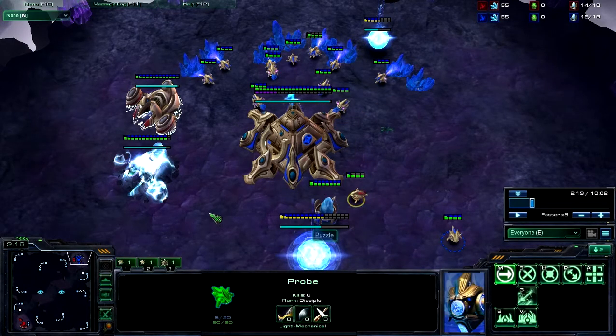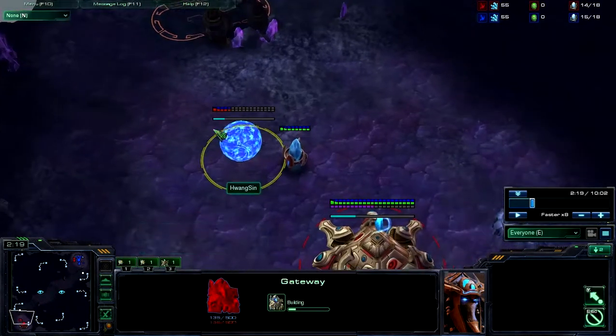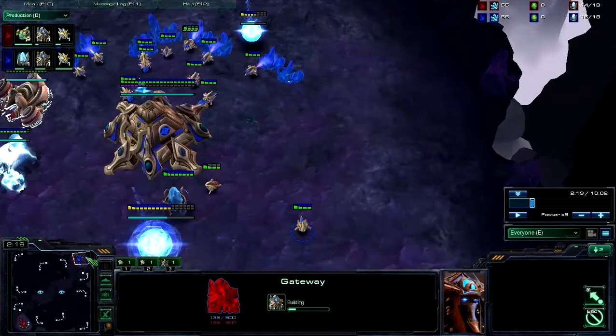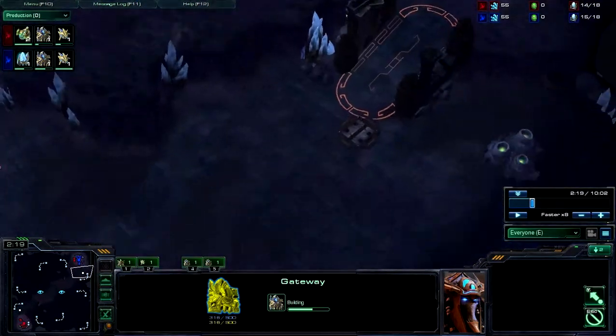The red player Huangsun had done a 9 scout and then immediately placed down 2 assimilators. And this time there wasn't a whole lot of a disparity between the gateway timings as before. It's a little slimmer, but pretty similar. So then what Puzzle ends up doing is he creates a couple zealots, but he's trying to do a fast